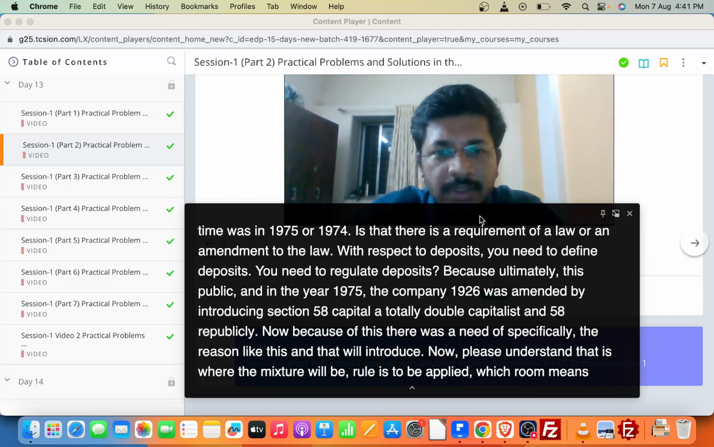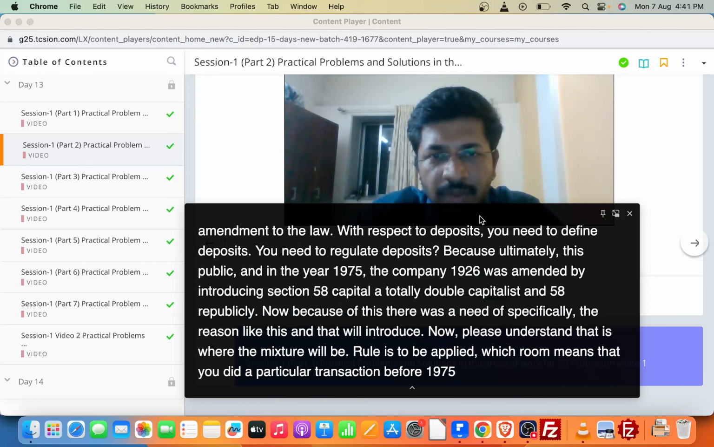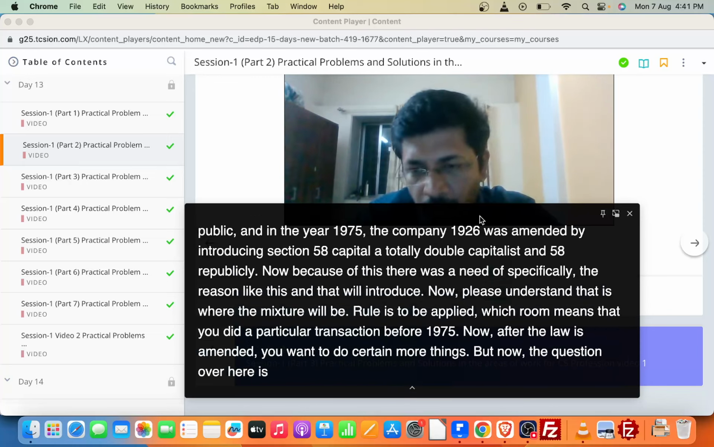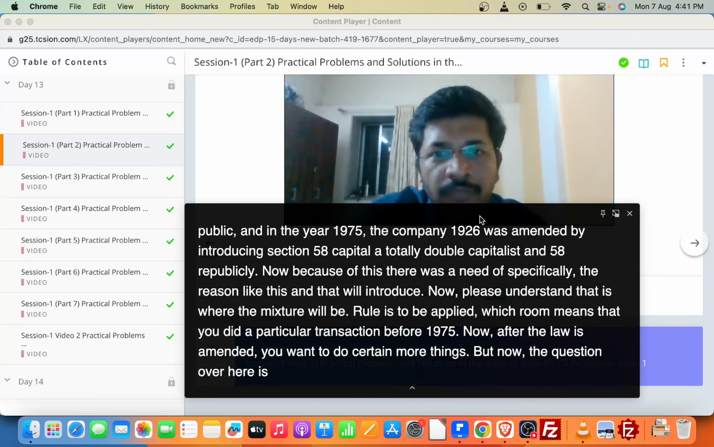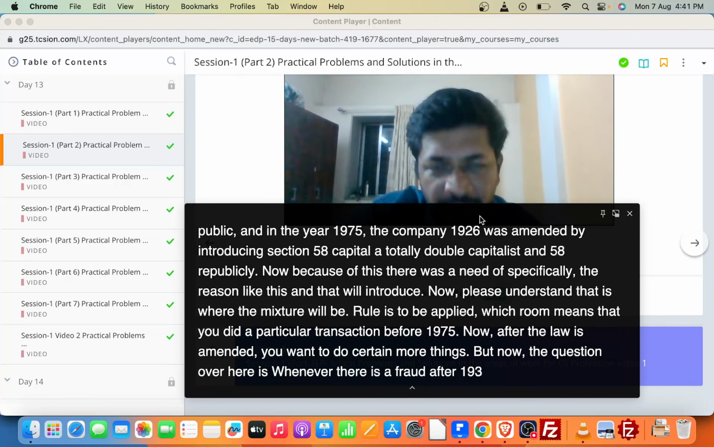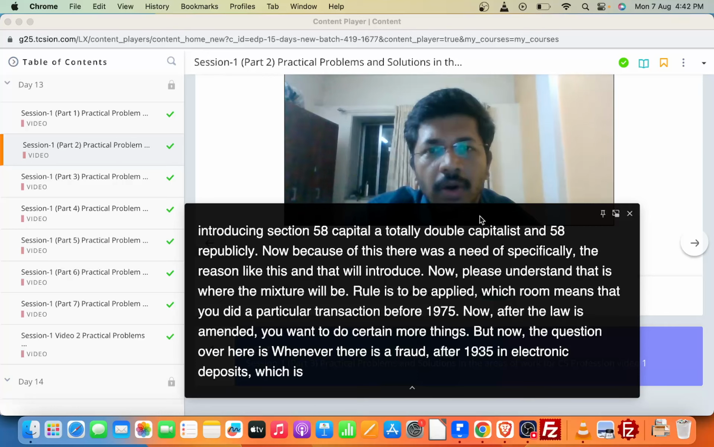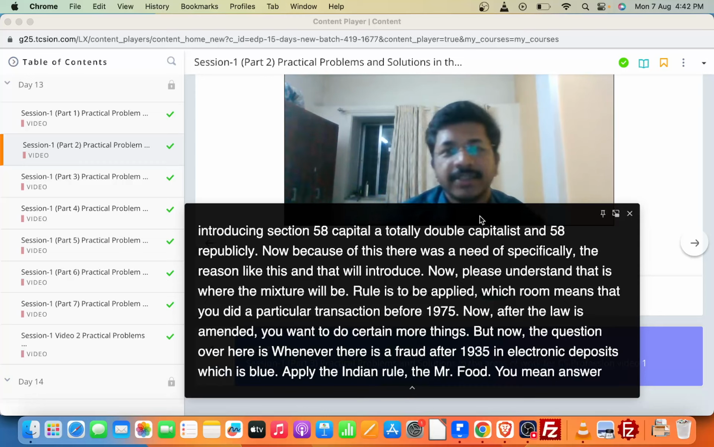Mischief rule means that you did a particular transaction before 1975. Now after the law is amended, you want to do certain more things. But now the question over here is, whenever there is a fraud after 1975 in collection of deposits, will you apply the Heydon's rule or the mischief rule? Answer is you may,